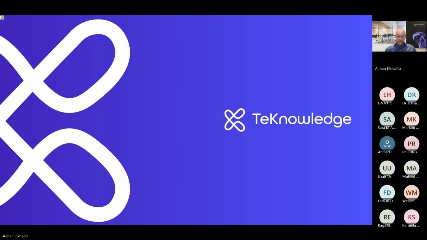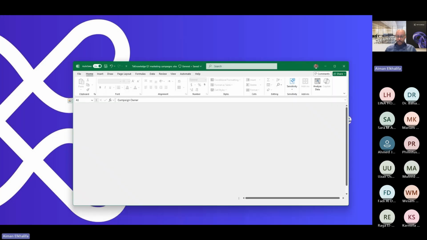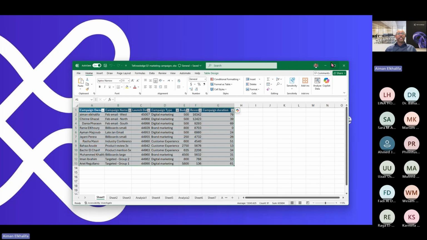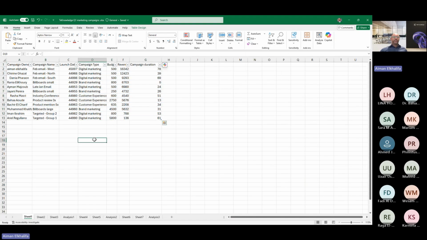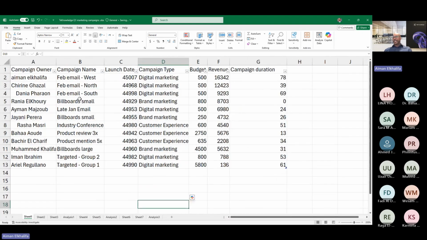Now, one last main application that we did not tap into is Excel. Copilot in Excel can do very good work. It's not going to create data for you. It needs the data to be there, and your data needs to be formatted as a table. If your data, for any reason, looks like this, this is not the data that Copilot can really understand